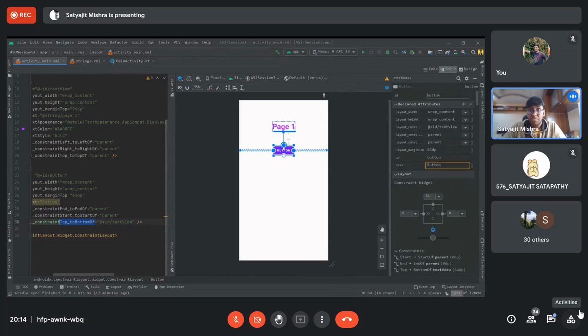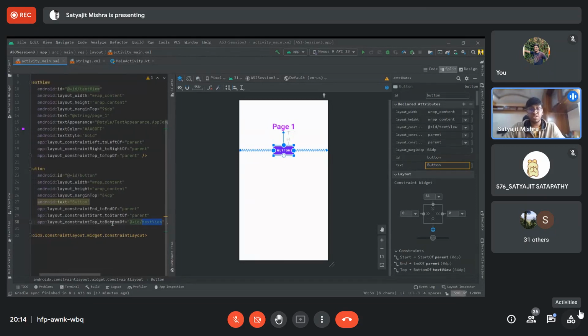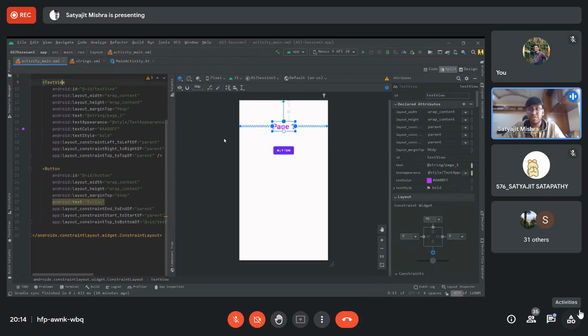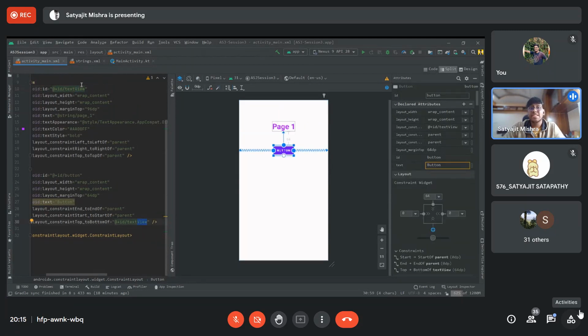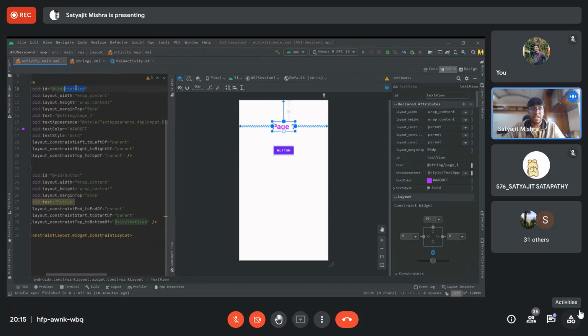So the top anchor point is connected to the bottom of this particular ID. Here's where ID comes in, like ID of text view. You just have to see which element has the ID of text view. In the previous text view, we have an ID tag and it has an ID of text view, so that's how it got to know the name. And if I change the text view ID, like I just select it here in the coding part, and there's a TV